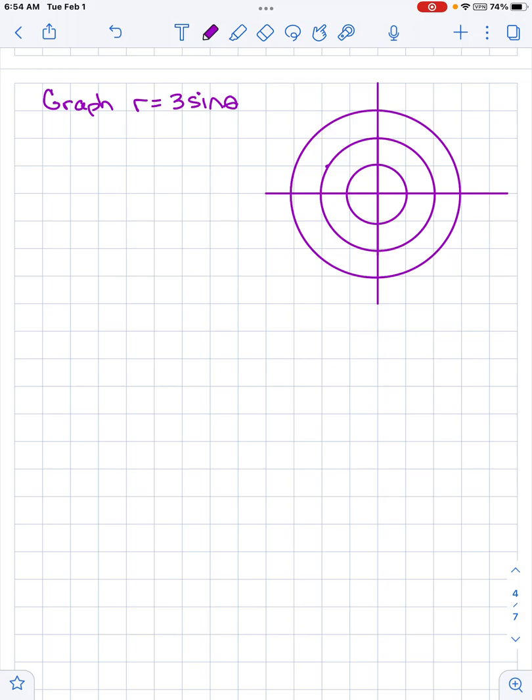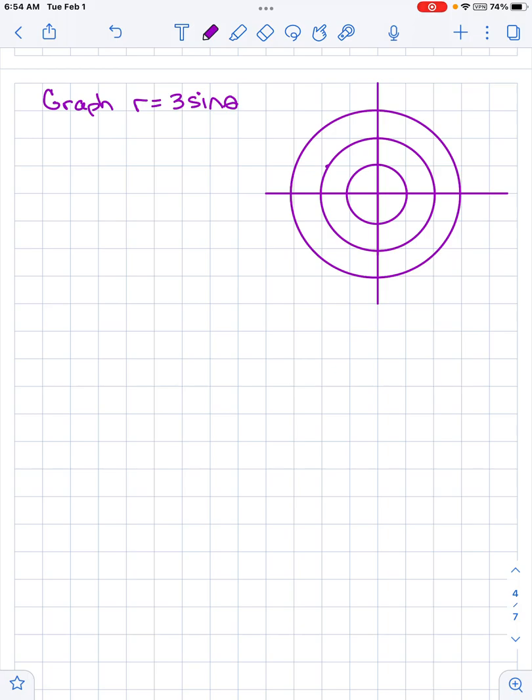All right, in the last video, we graphed polar equations and learned a little bit about how a polar coordinate axis works. In this video, we're going to break down a polar graph into x and y components. We're going to use those x and y components then to look at the derivative and what the derivative tells